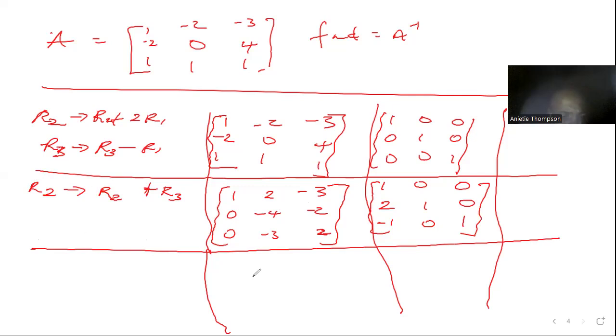By so doing, you will have the new matrix as 1, minus 2, minus 3, 0, minus 1, 0, and then we have 3, we have 2, and down here you will have 1, 0,